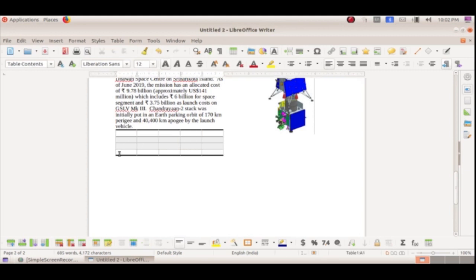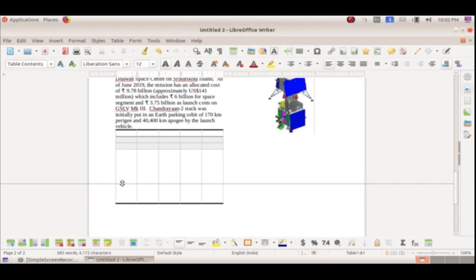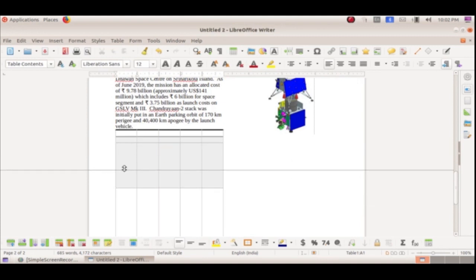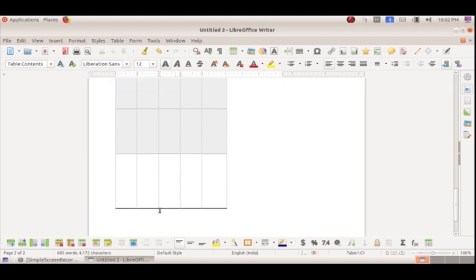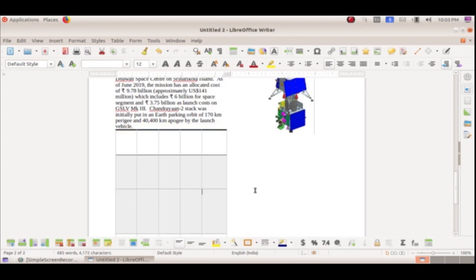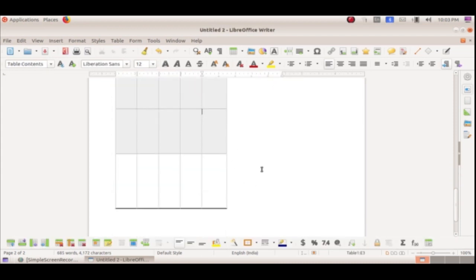Now you have the tables. So now I have to adjust the column size, like this. You can see the icon. By dragging that, you can adjust the column size. Like this you can adjust the column width and height. Okay, and next is about